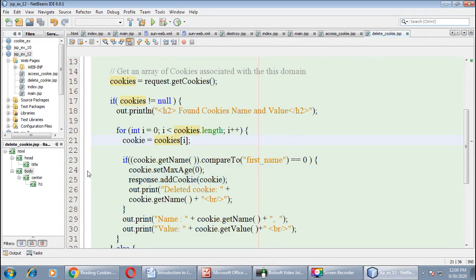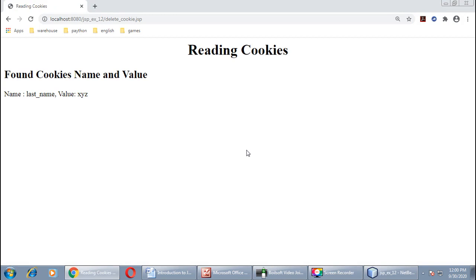Here you can see if any of the cookies matches the name first name, then set the maximum age 0. Fine, and this will make the expiry time of this cookie 0, and that's why when you reopen your browser you cannot see that cookie alive, right?